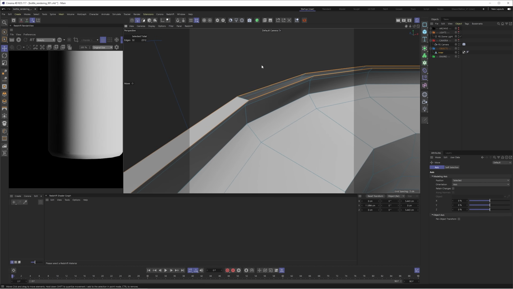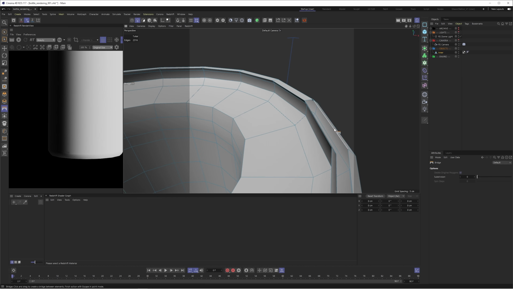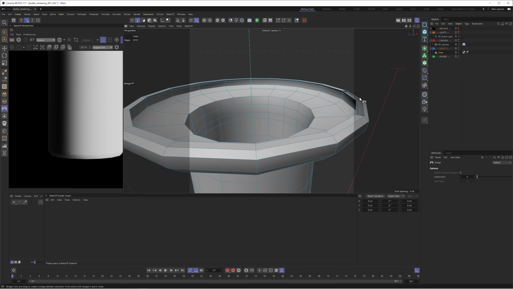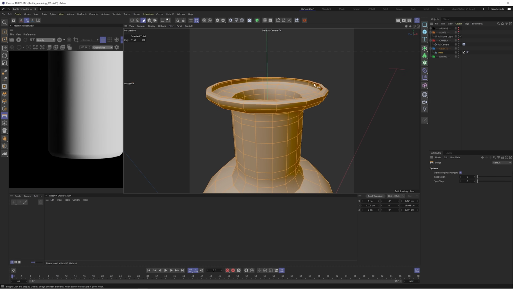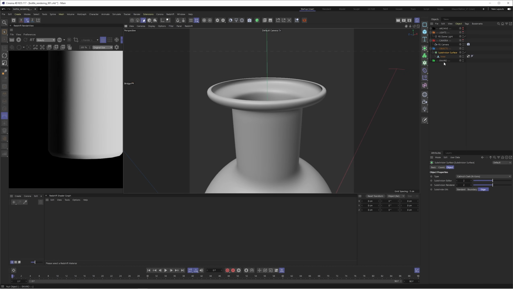It can be easy to accidentally connect the edges you don't want to, so just have Ctrl Z on standby. Let's hit Ctrl A to check our normals. They're all orange, which means they're facing outwards, which means we're good to keep going. Let's add a subdivision surface just to check how this is looking, and it's looking pretty good to me, but